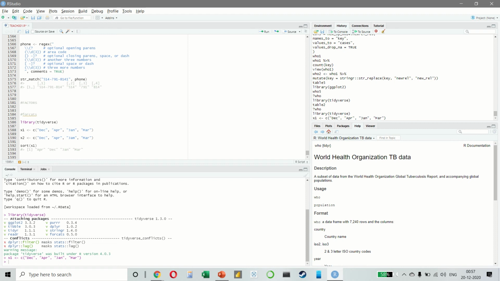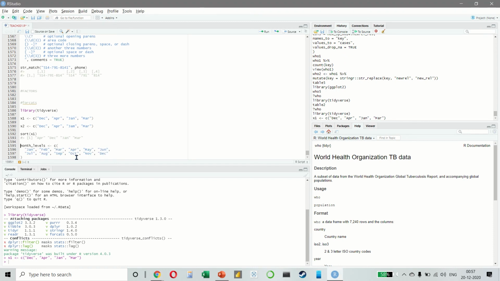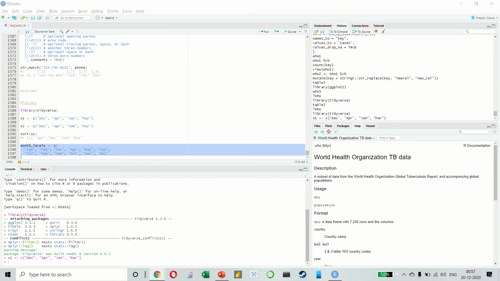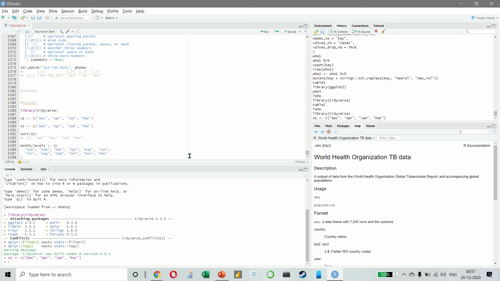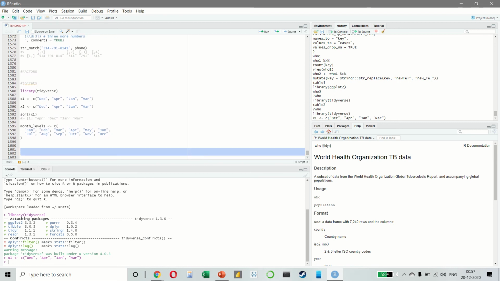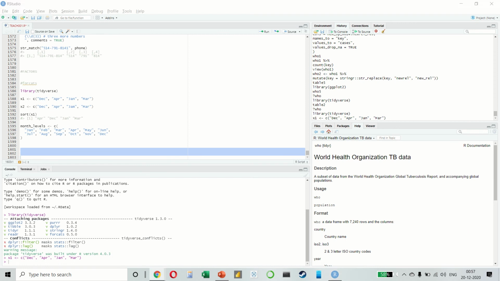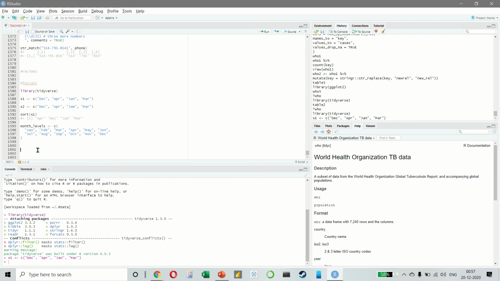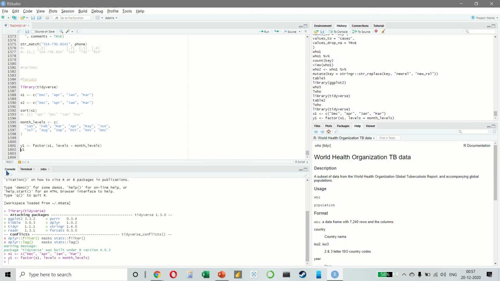Now I can fix both of these problems with a factor. To create a factor, we must start by creating a list of the valid levels, which would be like this. Once we have created the list, we can create a factor like this.